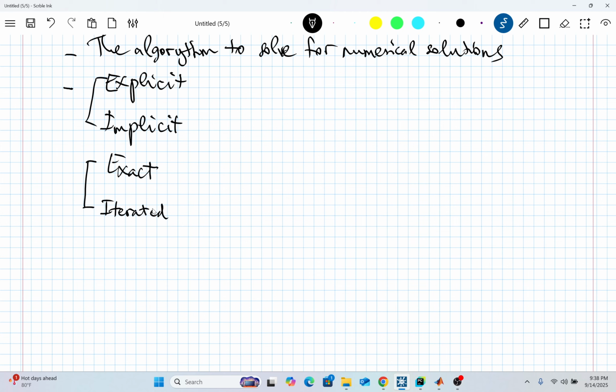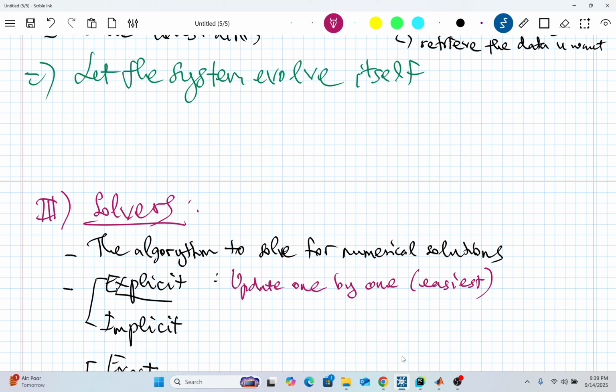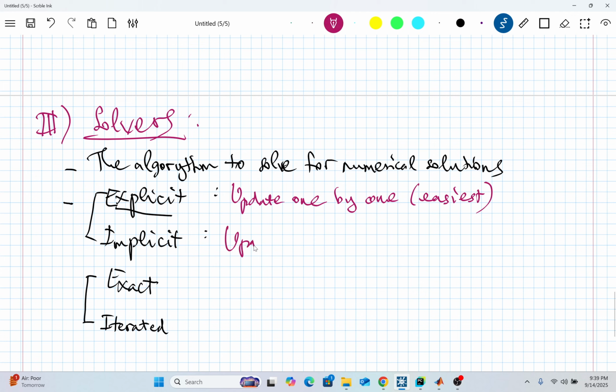Like you have the x, y, z, the x, the v, and the a. You update them one by one. You have the x, you update the a, you update the v, you update the x, and the implicit means that you update them as a whole. Explicit, you will have a loop here. You have a loop of x, and you will solve for a, then you will solve for v, and from v you solve for x.